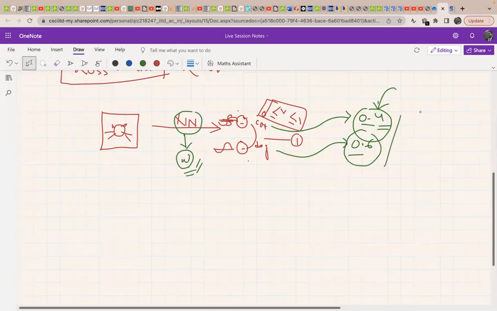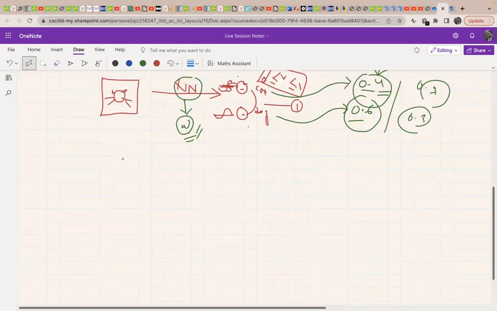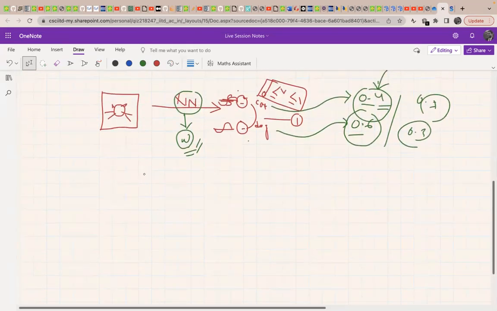Like at the end, it will be something like 0.7 and 0.3. The probability of this cat should increase, right? So this loss function. So what we can do is that